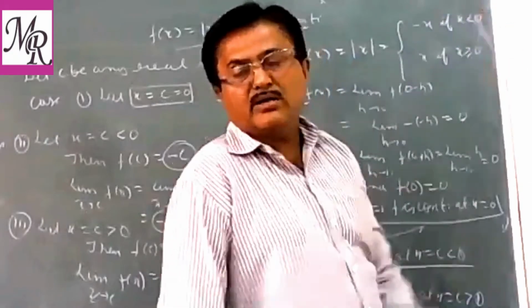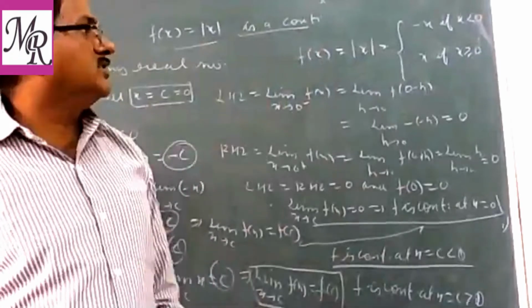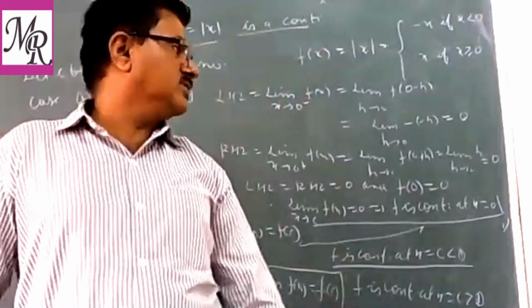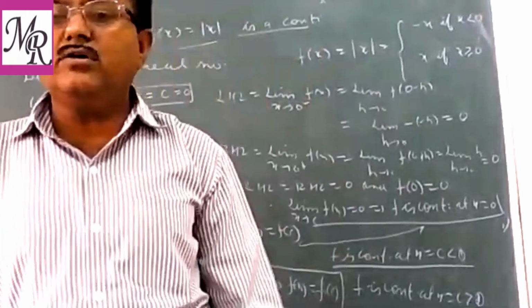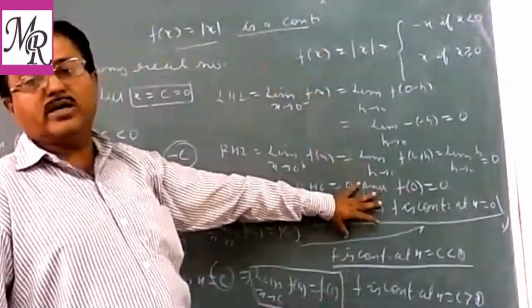Then we divide real numbers into 3 parts: all real which are less than 0, all real which are greater than 0, and 0 itself. तो आपको चेक करना है कि 0 पे फंक्शन कंटीन्यूअस है या नहीं है।